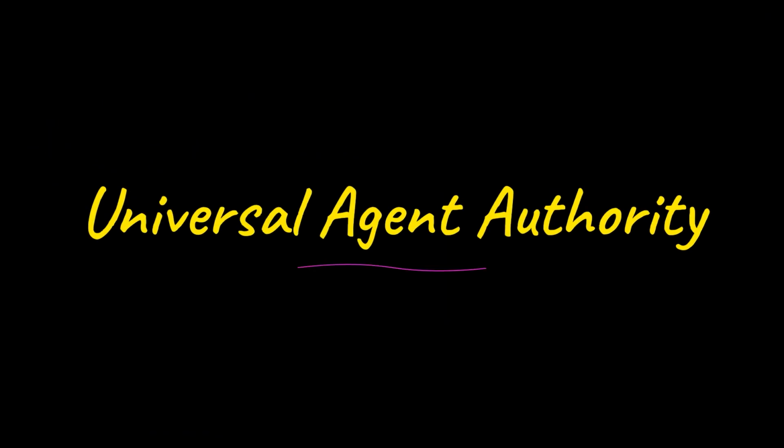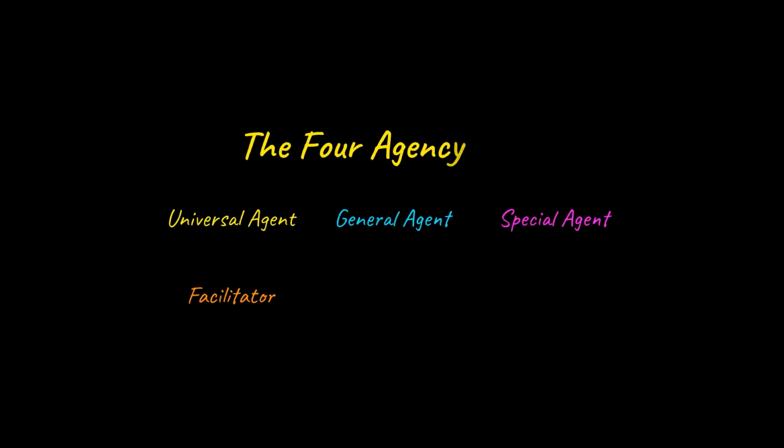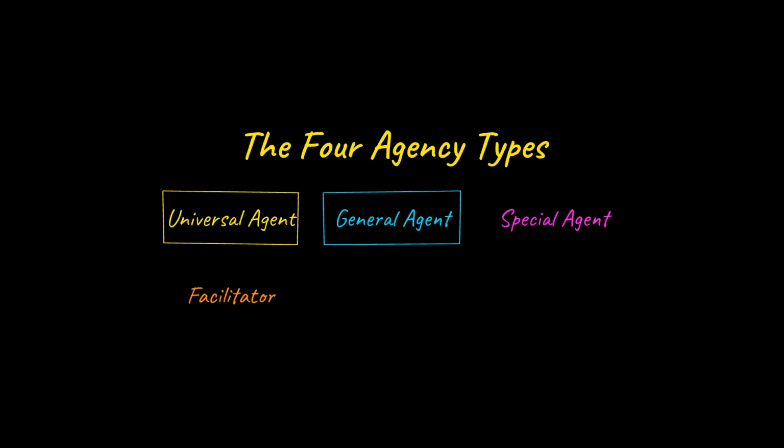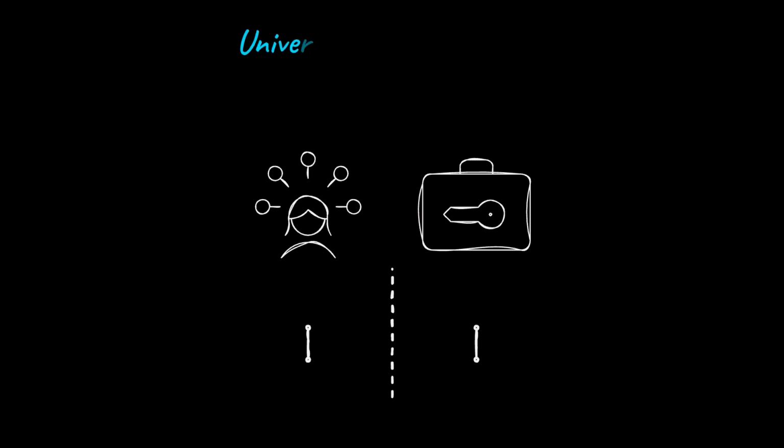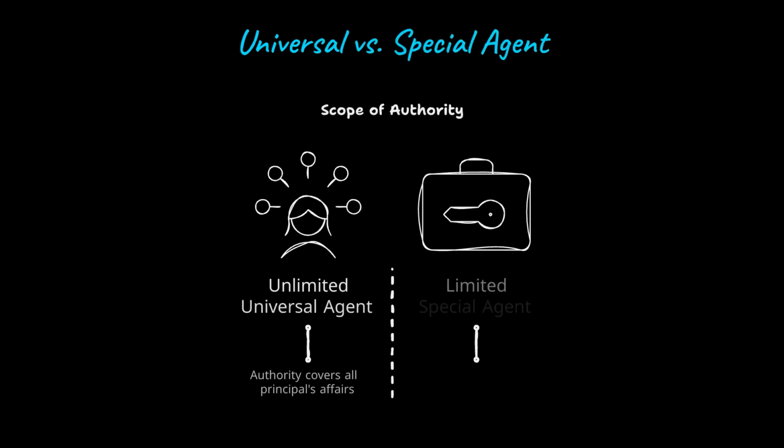In agency law, authority exists on a spectrum. The universal agent sits at the very top of that spectrum, holding the broadest possible grant of power to act on a principal's behalf. There are 4 agency classifications. The universal agent holds sweeping, nearly unlimited authority. The general agent handles a range of ongoing tasks. The special agent is limited to one transaction. The facilitator represents neither party at all. The key distinction is always scope of